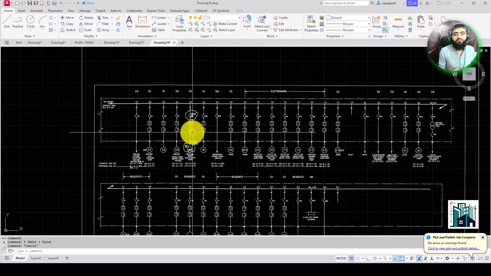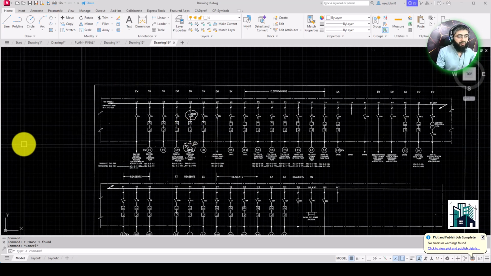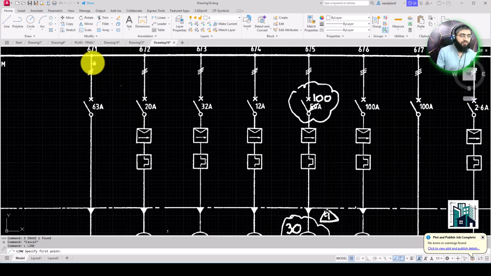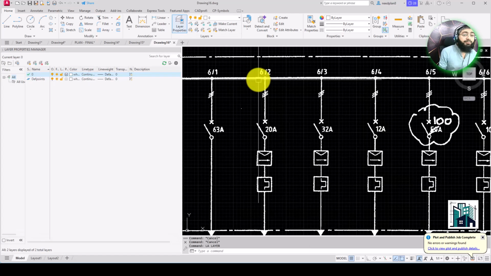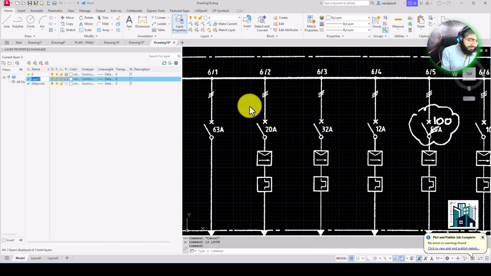Okay, so I'm going to start from one line and then go further one by one. First we will have to change the color, like we'll have to set the layer. So LA, click here, and then this one is schematic, and I'm going to change the color.